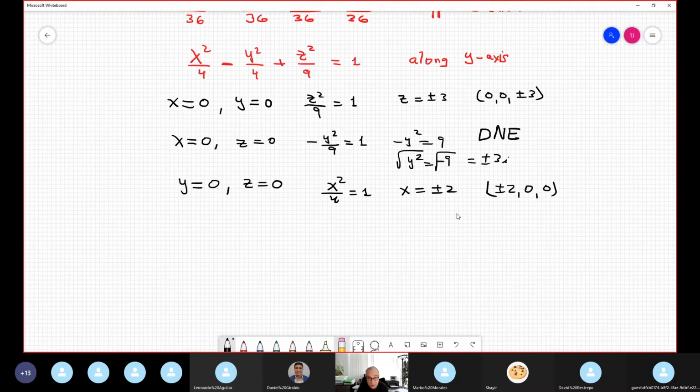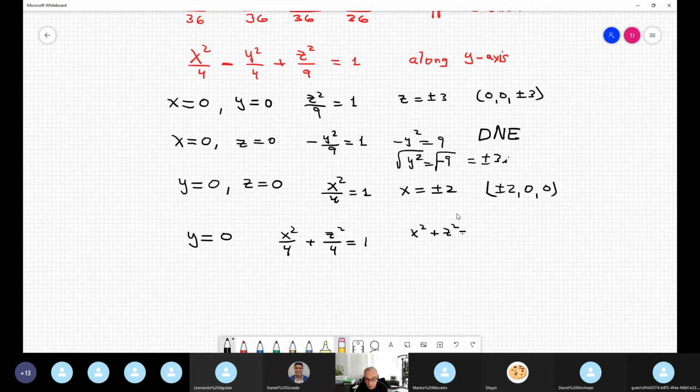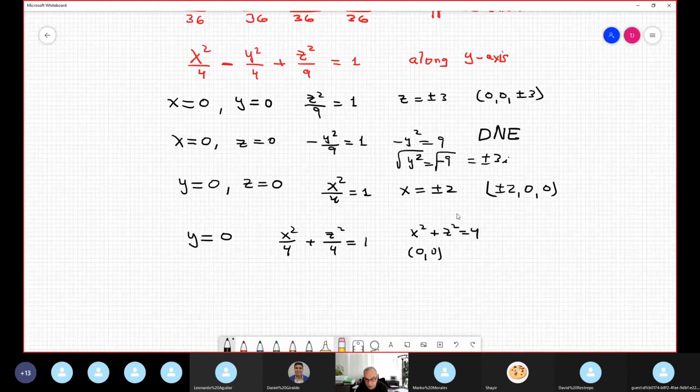Now let's move on to the traces. The traces, I suppose, assume y equals 0. Okay, the order is not important. I assume y equals 0. Y equals 0 is x squared over 4 plus z squared over 4 equal 1. It's an ellipse, no, it's a circle because A and B are the same. Therefore, we can express it like x squared plus z squared equal 4. It's a circle. And by the way, the center of this circle is the point 0, 0 and the radius is